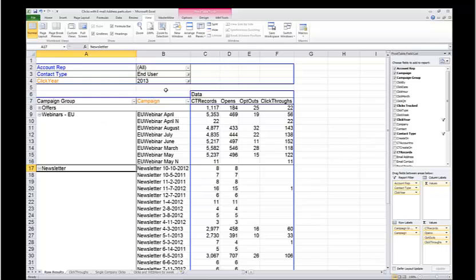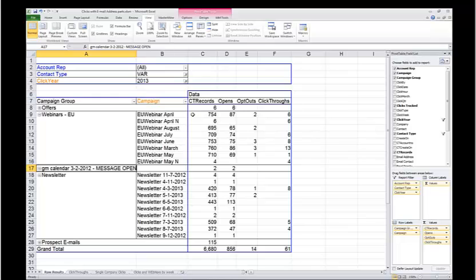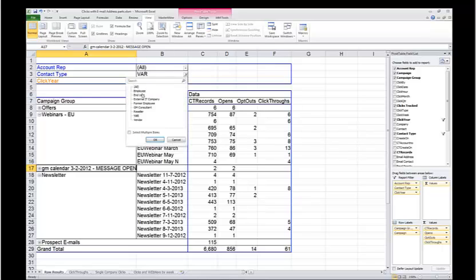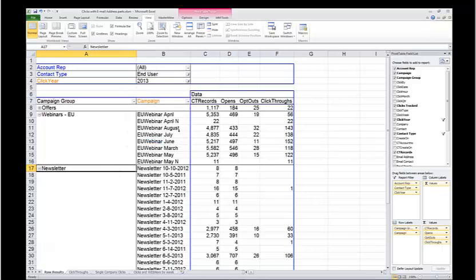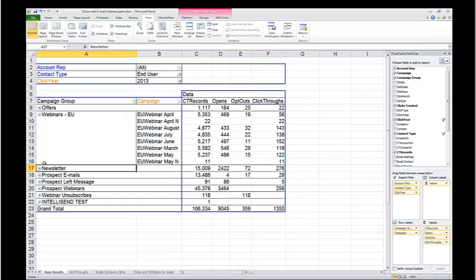So I might, for example, switch this and say, well, in this report we only pulled data since the beginning of 2013, so that's all we have. But if we had earlier years in here, we could choose earlier years, or choose other kinds of users, just to demonstrate the flexibility of how you can show this information. So I'm going to go back to my end users here. I think what I want to do, Rob, I'd